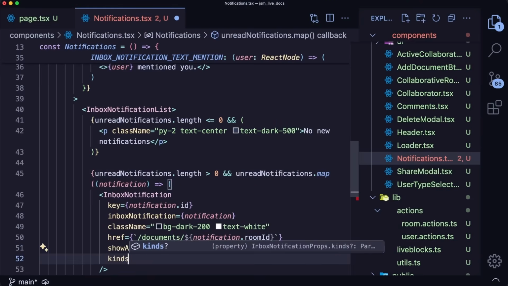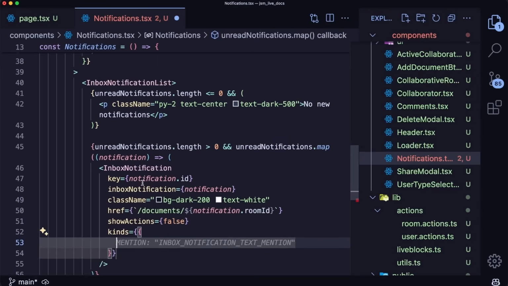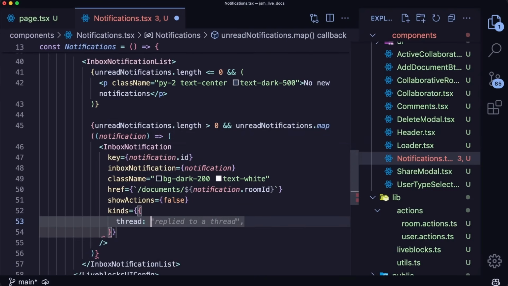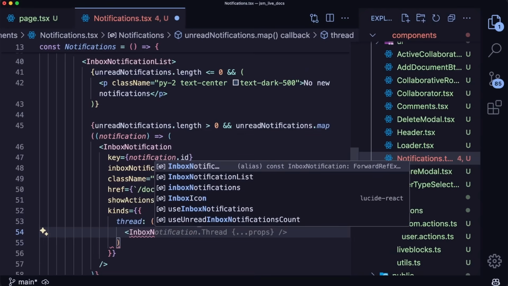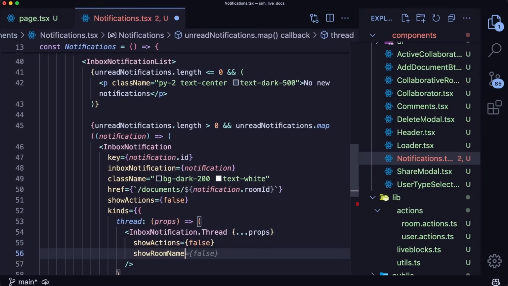Next, we have the kinds. Okay, so what kinds of notifications do we want to show? And how do we want to display them? Okay, we'll render all kinds of different notifications. So let's do that by saying thread first. So we can render a thread by having a callback function here that gives us access to the props of that specific thread. And then we can render an inbox notification dot thread to which we pass these props, and we can pass additional information such as show actions is false, as well as show room name will also be